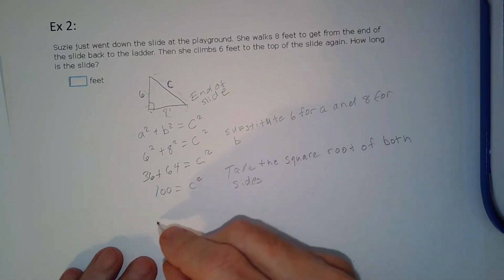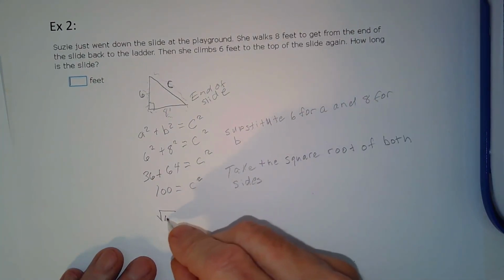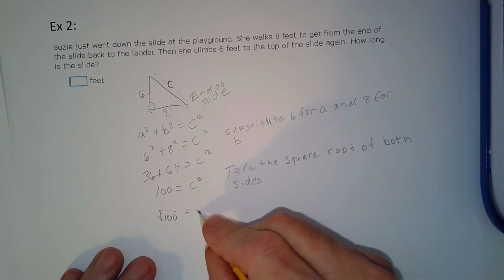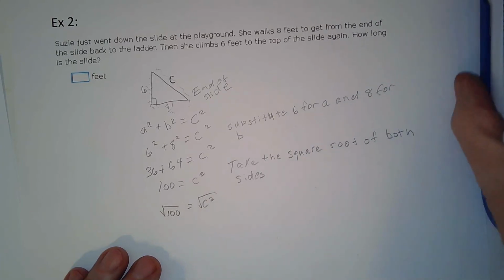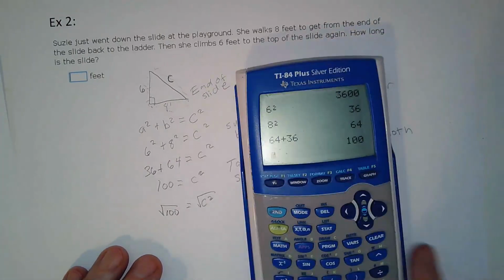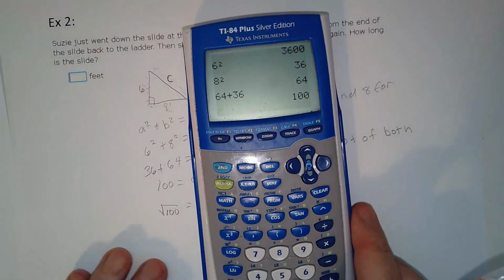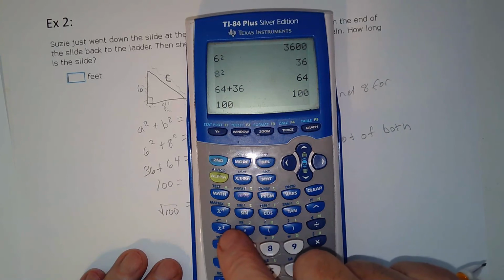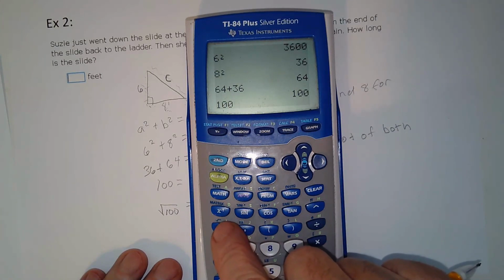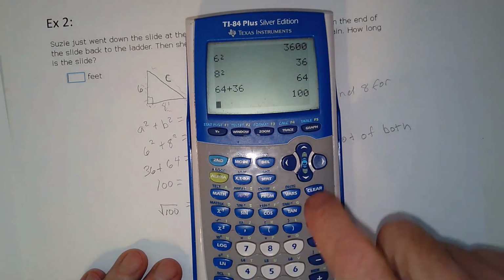So that means I'm going to take the square root of 100, and that's going to equal the square root of c squared. Now, if you can't remember what the square root of 100 is, go back, get your calculator here. And so I'm going to type 100 down here, and I'm going to go up here to x squared. Oh, sorry, I want to take the square root of it. So let me go back,